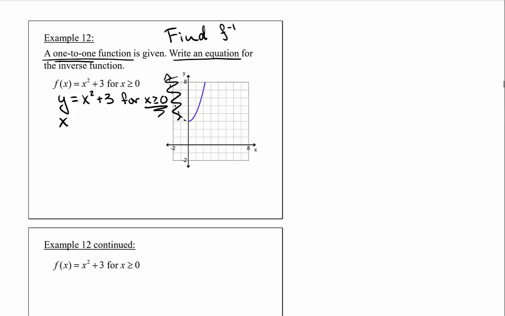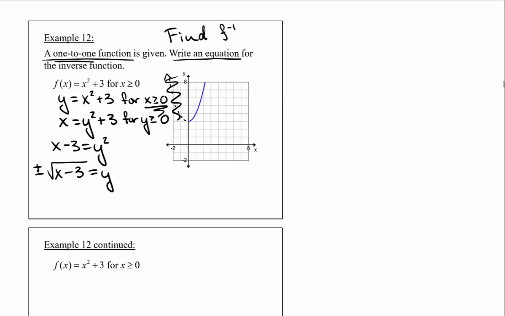And then your next step would be to switch all x's and y's, including in that condition. So we're going to need y to be greater than or equal to 0. And now solve for y. So if we subtract the 3 over, and then square root both sides, but remember when you take a square root, you're supposed to consider the plus